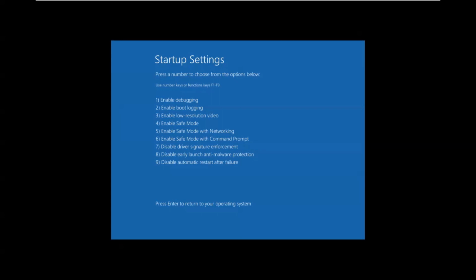I'm going to click disable driver signature enforcement. That is the seventh option. Either I have to press F7 from my keyboard or the numeric digit 7 from my keyboard. So I am going to press F7. I repeat, F7. As I have pressed F7, my Windows 10 is again restarting, but now with driver enforcement disabled in Windows 10.